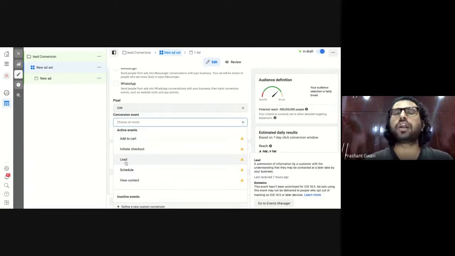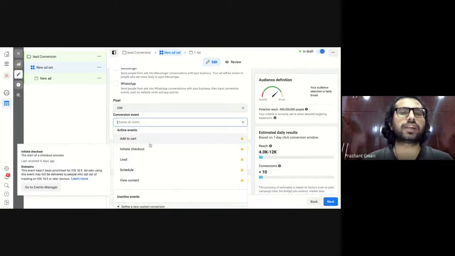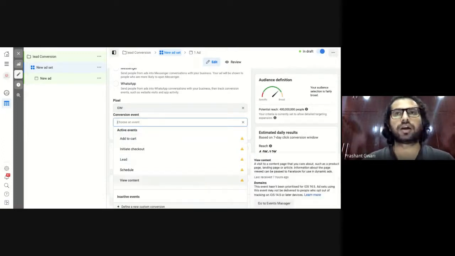So all these events are created by the Wix website builder tool. That's the benefit of using a website builder tool. You don't need to manually create them. Now imagine if you have a website created by coding in HTML, JavaScript, and CSS, then you need to create all those events manually. Then you can track the conversion, how many people are adding products into a cart, how many people are clicking the initiate checkout button, how many people are clicking on the submit button. Because of that, we are using a website builder tool.